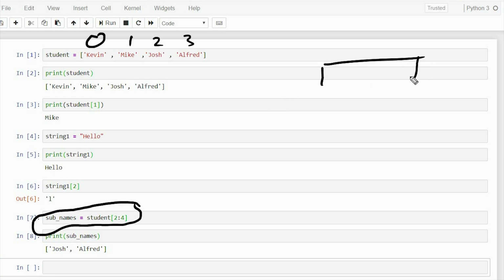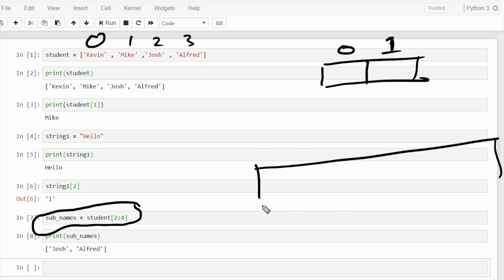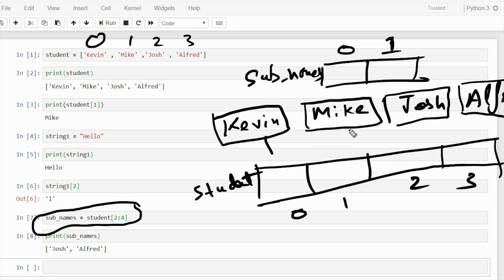So here the new list which we have created has two cells, right? 0 and 1, and student has 4 elements. When we created subnames, no new objects are created. They also have reference to the same elements that are in the original list. So if I do a reassignment here, let's say